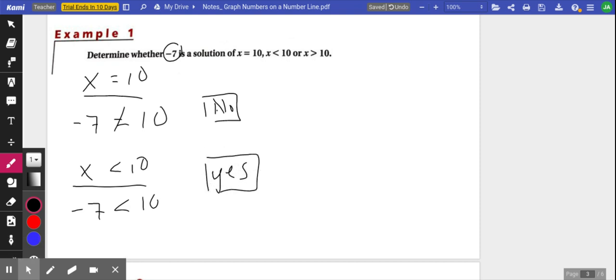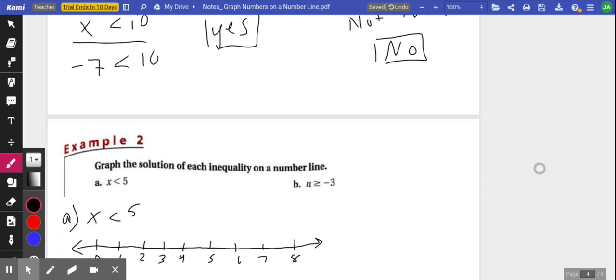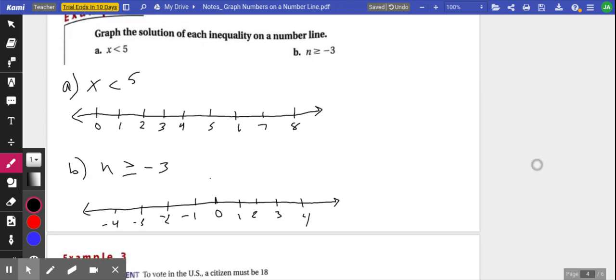And then last one, let's check x is greater than 10. So plug in -7. That's not true. So no. All right, next example, let's graph